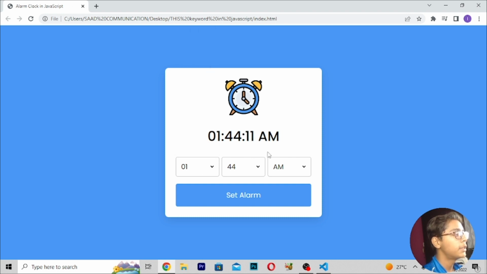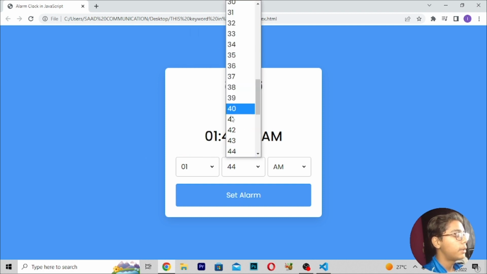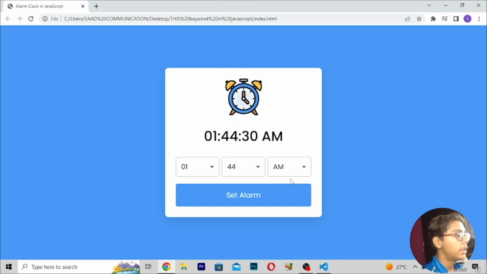So this was the amazing alarm clock in JavaScript which we have built, and we have used many things in that, like JavaScript, and we have used logos to build this amazing alarm clock. You can also see you can set the alarm by using this button and these hours, and then these minutes and these AM and PM buttons. So this was our alarm clock which we have built using JavaScript, and I hope you understand. This was the simple alarm clock. We have not included so many things in that, so I think it is helpful for you, and I hope you understand how we have built this.